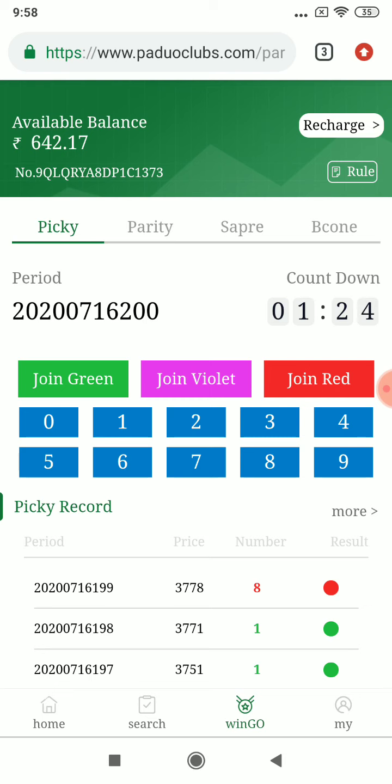To get the referral, you have to message one particular person. That number will be in the description, showing what you have to share. I will share the link in the description, as well as the WhatsApp number, and what you have to send in that message. That is your registration number as well as the mobile number of the person who referred you. Add that and send it to her, so that you will get a 100 rupees cash bonus. This is how you can earn through this application.